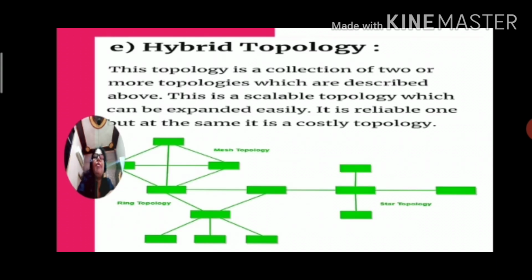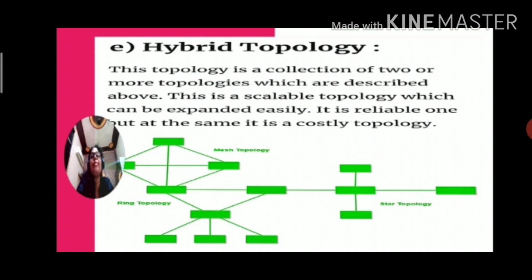Now the next topology is hybrid topology. What is hybrid topology? In this topology, it is a collection of two or more topologies. You can say that when two or more topologies are connected, they form a hybrid topology.